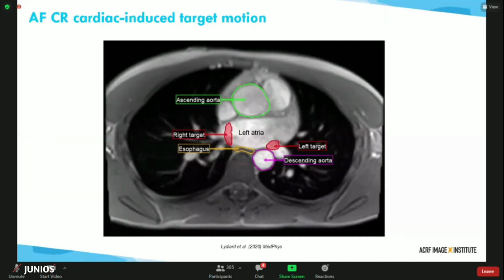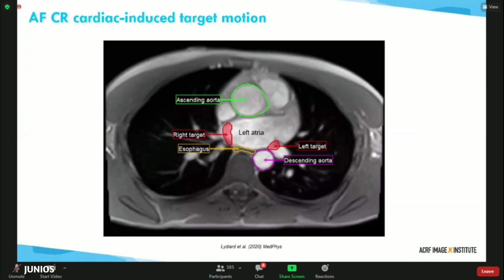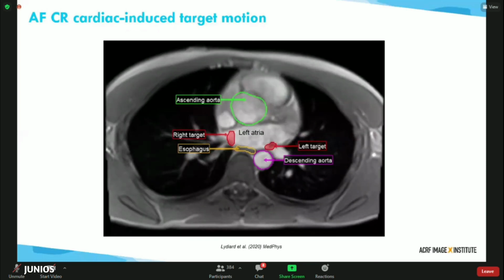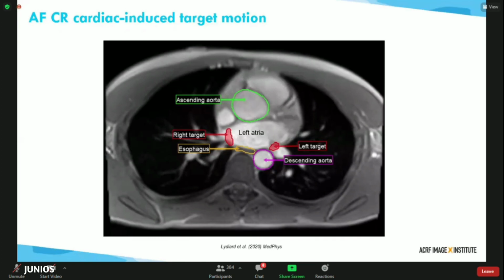As the left atria dilates, they move apart from each other medially, and as the left atria contracts, they move closer together. The study also showed that nearby structures, including the left atria, were not always suitable surrogates to critical structures. Multiple studies have shown that the target can be in direct contact with the esophagus as well